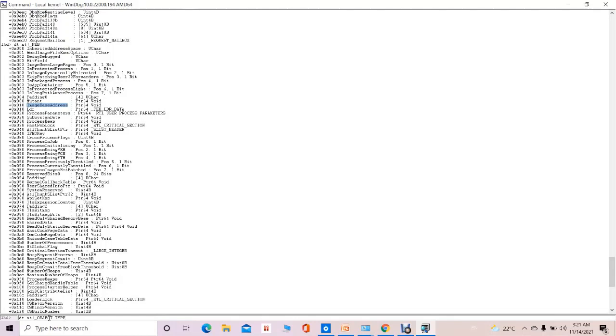By using this command, we can get the information which is common to all the objects of the same type. So what objects are there, and those objects which are of the same type, their information we can access by using this particular command.